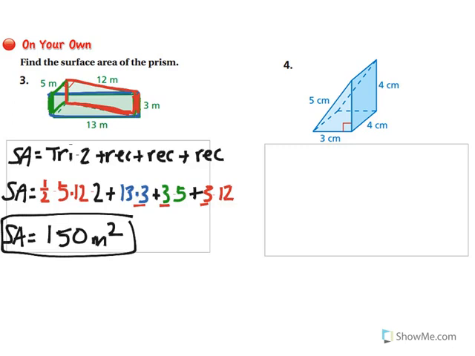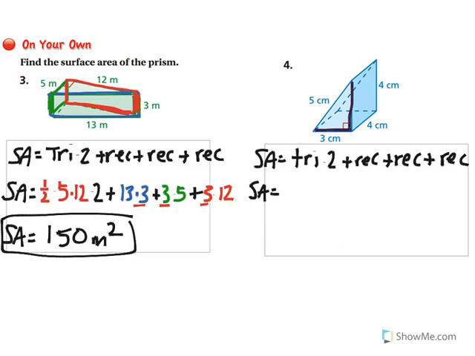All right, hopefully that made some sense to you. You did all right. Let's go ahead and look at our next triangular prism. So again, I'm going to do surface area equals my triangle times 2 plus my first rectangle, then my next, then my next. Okay, so I have surface area equals, and we'll go ahead and do this. We have, again,